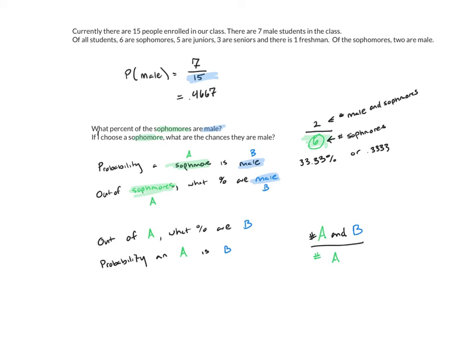So, in general, when we try to find a conditional probability, we put on the bottom the number of A. That's the number of the category we're narrowing it down to. And on top, the number in A and B. That's the category we're narrowed down to and the characteristic we're looking at. The notation we have for conditional probability is written as the probability of B out of A. So we can read this little